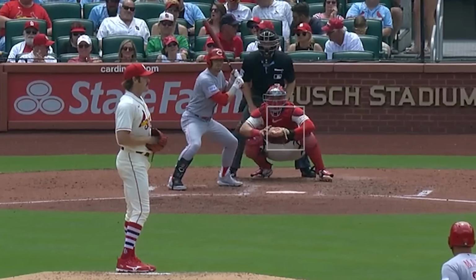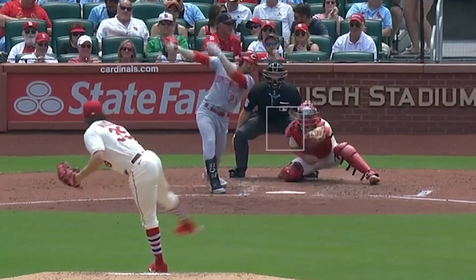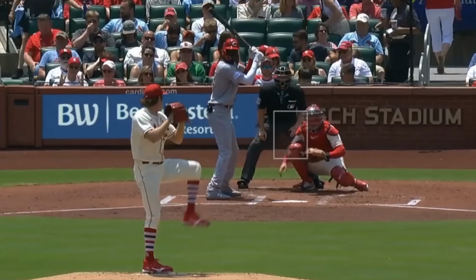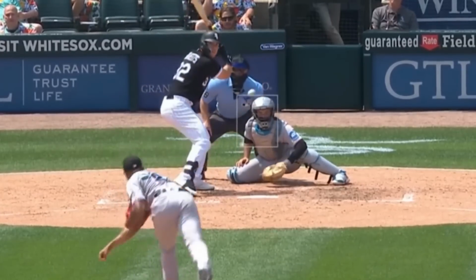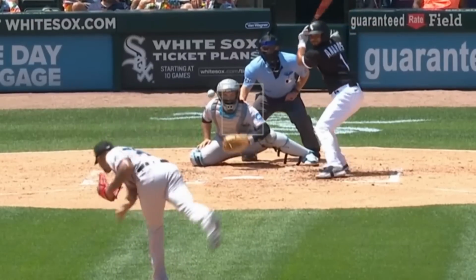He faced Miles Michaelis, who went 6 innings, giving up 5 runs, and only had 2 Ks, one of them coming on this fastball. Sandy Alcantara had 4 Ks in 7 innings, giving up only 1 earned run and 3